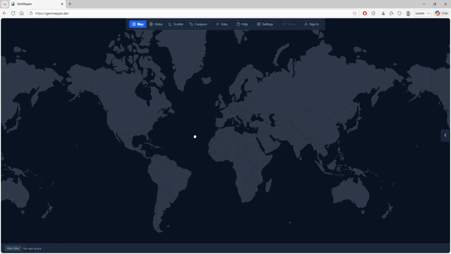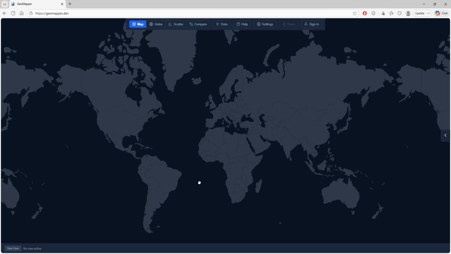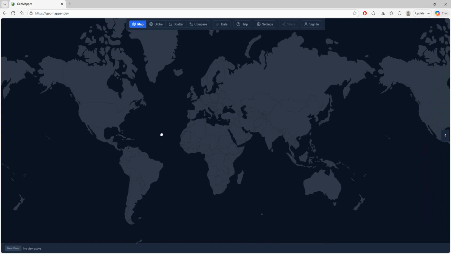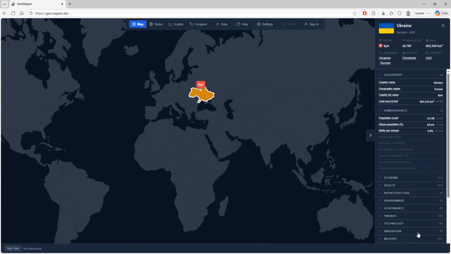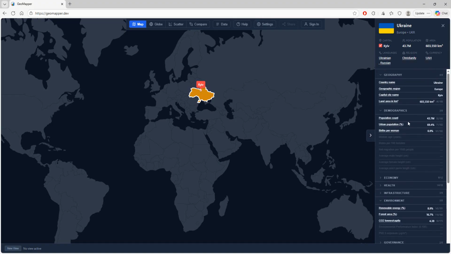So I made this website that pulls data about different countries from official data sources, and it allows you to visualize them. So let me just run through it real quick. So I have a map here. I can click on any country. It will show you a whole bunch of information about that country, and also the ranking, how it ranks among other countries on that particular